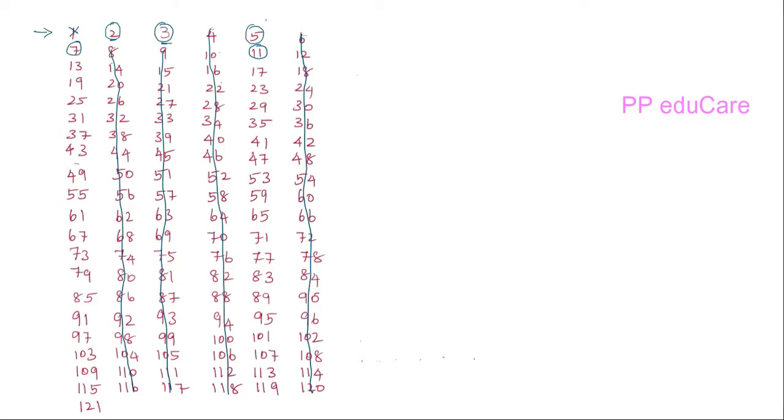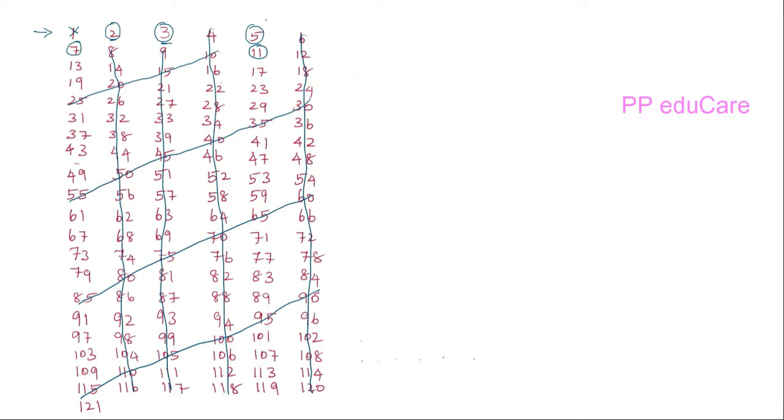Now cross out all the numbers which are divisible by 5. All the numbers ending with 0 and 5 are divisible by 5. To find those numbers, move diagonally like this. Start from 10: 10, 15, 20, 25 and the same row 30, 35, 40, 45, 50, 55 and the same row 60, 65, 70, 75, 80, 85 and the same row 90, 95, 100, 105, 110, 115. Now we crossed out all the numbers which are divisible by 5. And next, cross out all the numbers which are divisible by the next prime number 7.